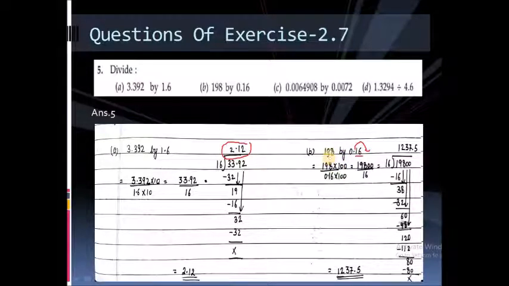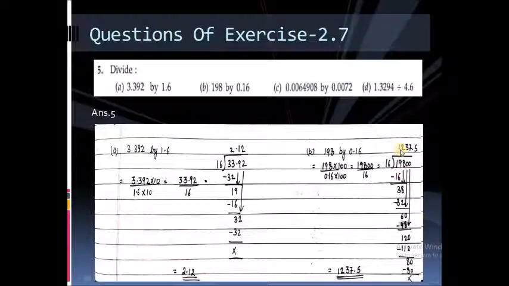Here you can see no decimal point is given because this is a whole number. So here you can see 198 is there. You have to multiply this with 100 also because you have to shift the point of this dividend also. Here no decimal point is given. That means it is at the end. That means it is after 8. So it will become 19800 and this will become 16. Again my divisor becomes a whole number and this is also a whole number. You can easily divide them.